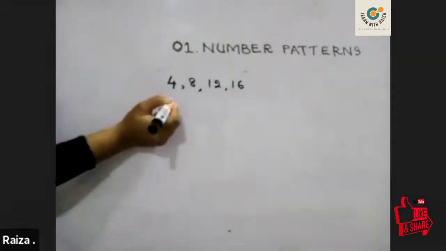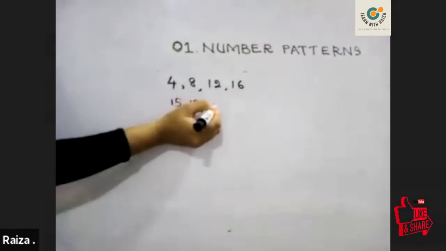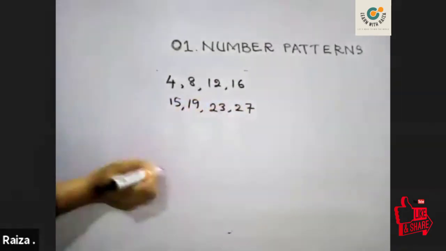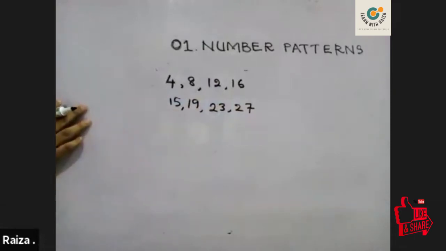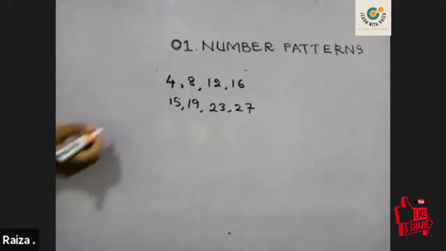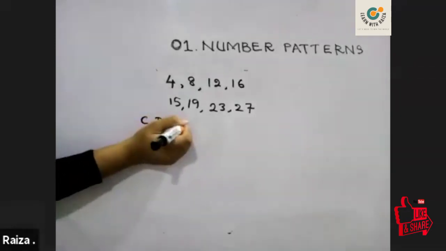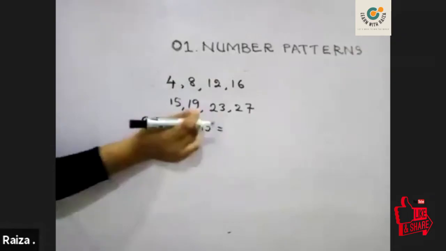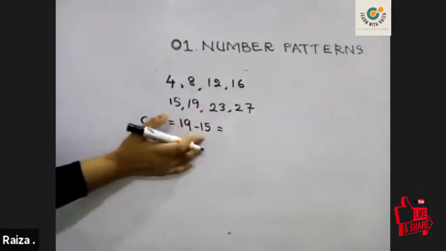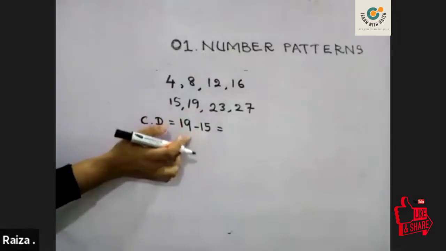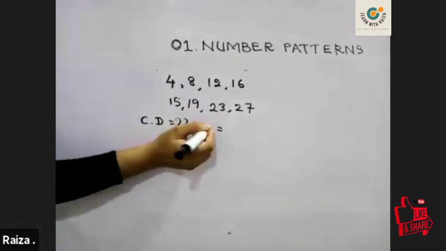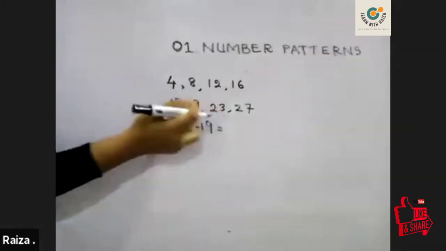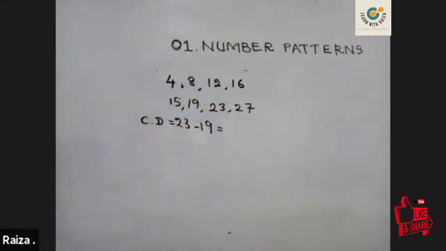So let's take a different one: 15, 19, 23 and 27. Okay. The first term is 15. The second term is 19. How do you find the difference now? First of all, find the common difference. 19 minus 15. Okay, I told you not to take the first term. Here I don't think it will harm, but never mind. Let's take the term 23 minus 19. Yes, that is better. Previous term and the next term, I told you how to find the common difference, right? So 23 minus 19, what do you get?